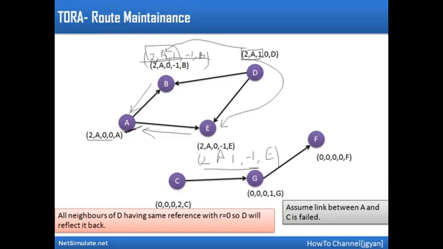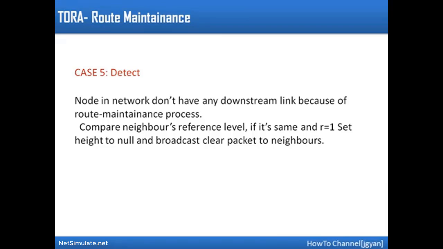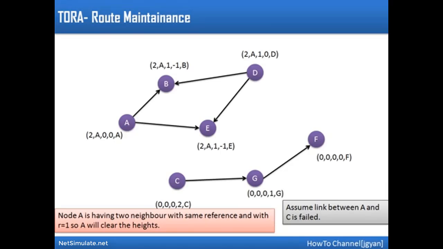In the previous case we saw the same reference reflection was only for the 0 value, but here we are having 1. So in case a node becomes without a downstream link and all of its neighbors have the same reference number but the R value is 1, this node will detect that there is a partition in the network, and this is known as detect. So whenever a node detects this kind of situation, it will reset its height, set its height to null, and broadcast a clear packet to its neighbors. So A will find that what I have sent as information to the network,